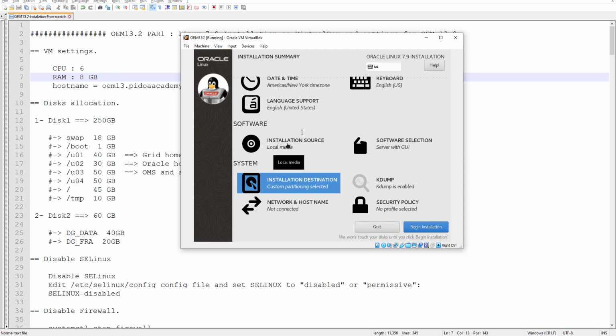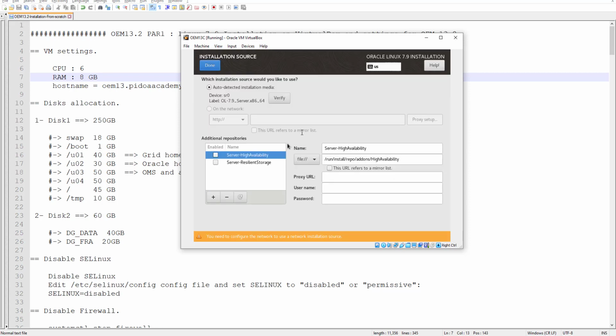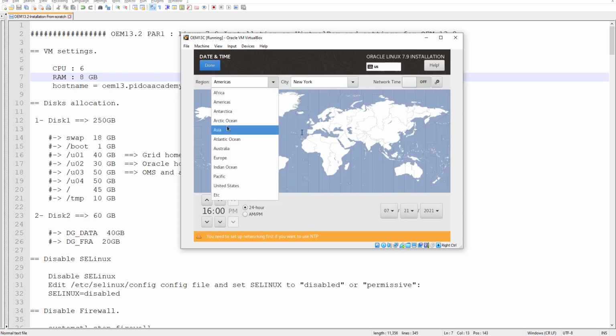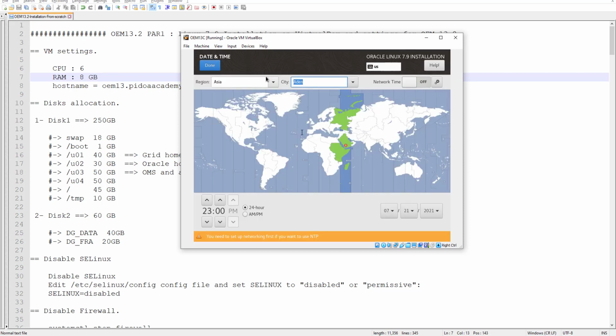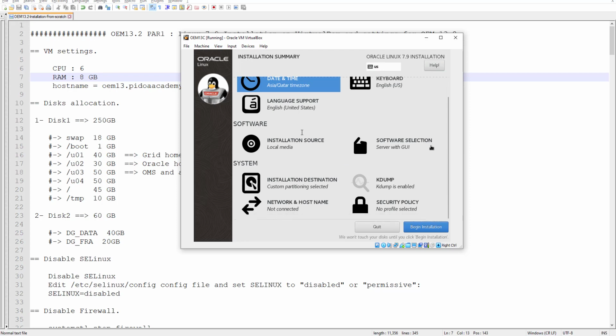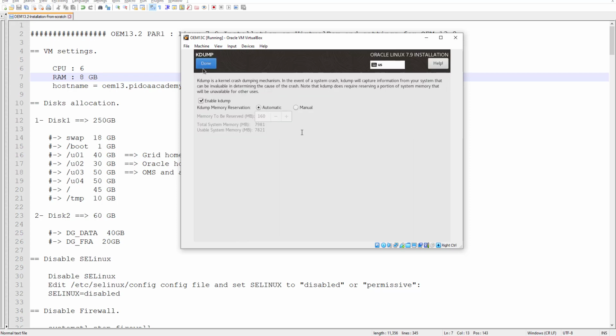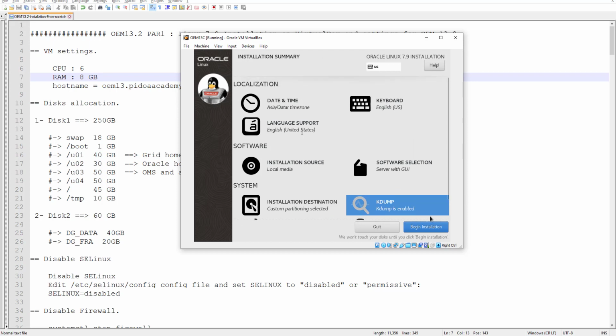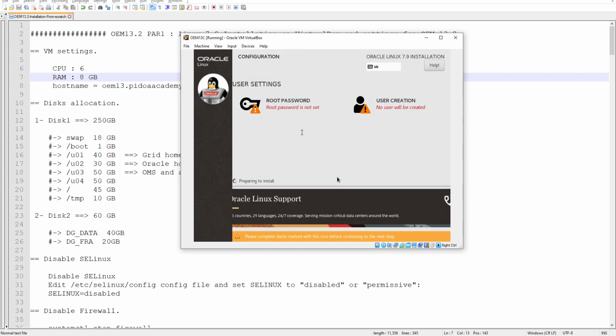Now installation source media. Okay, this is fine, perfectly selected. Here date and time, I select where I'm at now. I select Qatar. I'm sitting in Qatar. Key dump, no need to change anything. Okay, keep it as it is. And then begin